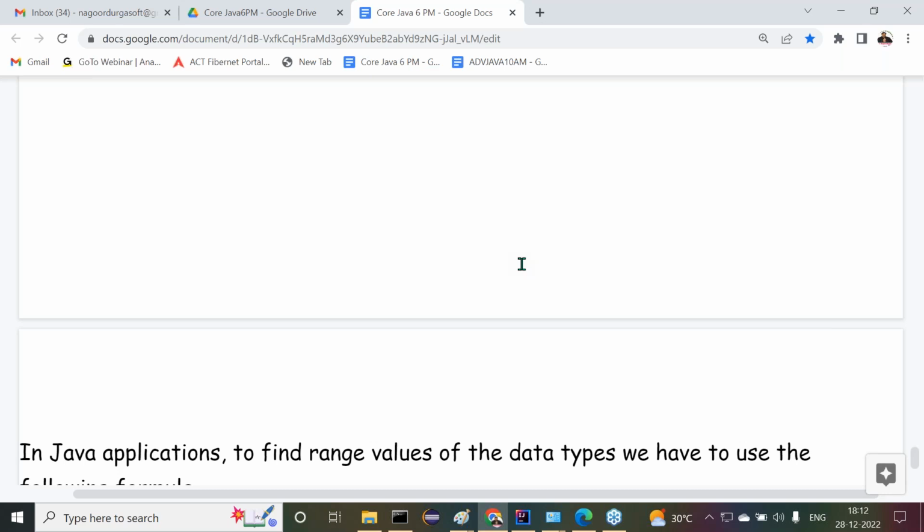Under integral data types, what data types are available? Byte, short, int, long. Only these data types. Under non-integral data types, what data types are available? Float and double. Under non-numeric data types, what data types are available? Char and boolean. These types exist here. That's okay, fine. Then after that,